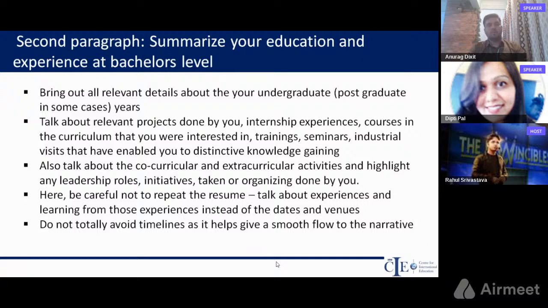You also have to talk about the co-curricular and extracurricular activities and highlight any leadership roles, right? These are very important, positions of leadership. If you have held any position of leadership, then you should highlight that in your statement of purpose, and you have to show what kind of things you learned from that experience, what kind of qualities you showed while you